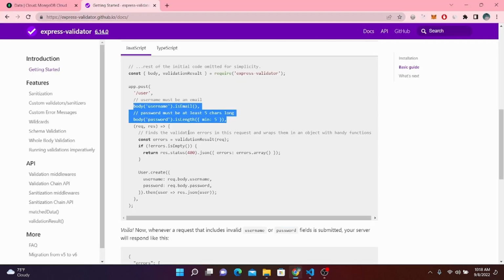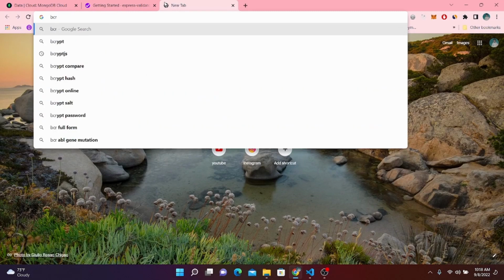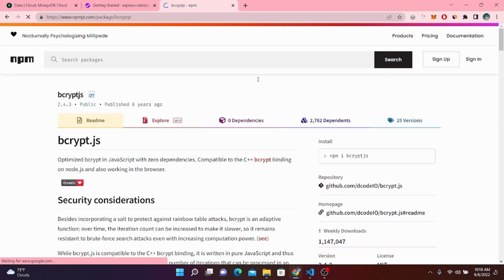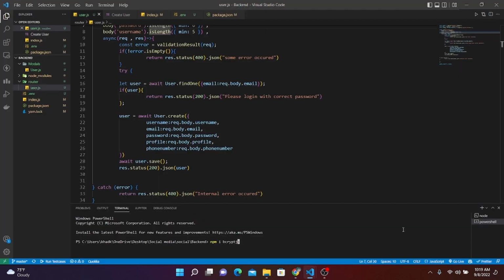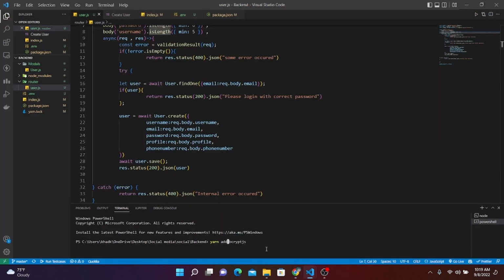let's go in our Chrome again, and let's search bcrypt.js, and click our first site, and let's copy this. Right now I'm using yarn, so I just add yarn add. If you are using npm, then you need to copy this and paste it in here. So let's enter this,